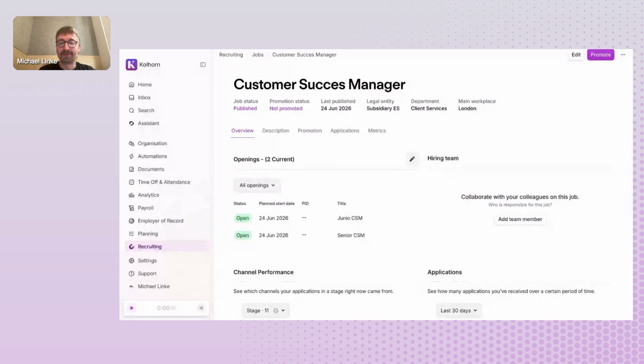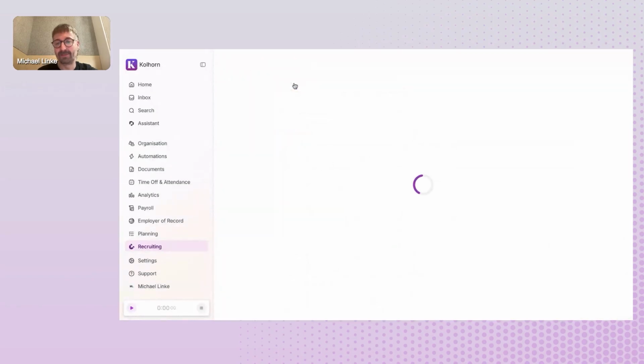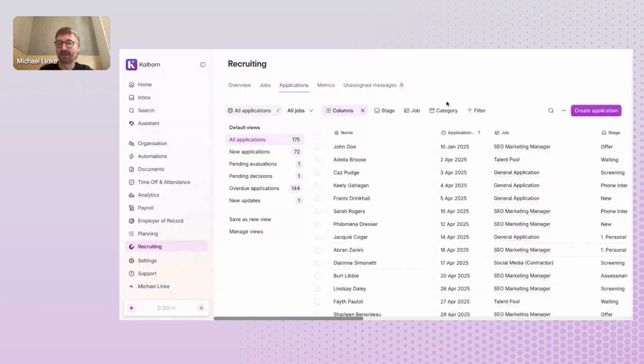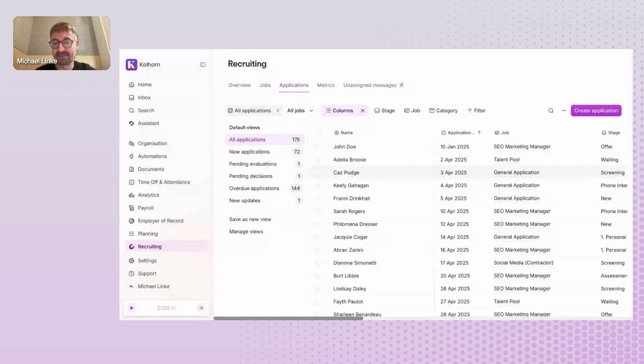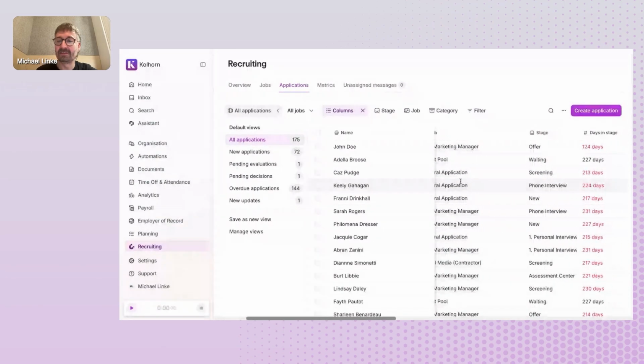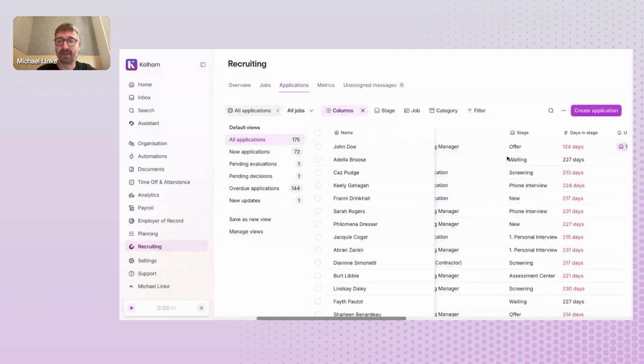So that was the quick overview of how to create a job. Next, I would love to show you how to manage candidates. And for that, I'm going to go back to the main page in recruiting and go to applications. A few things here. Here you have the so-called application list. This is similar to the employee list that gives you a long list of all your applications, and you see some information based in